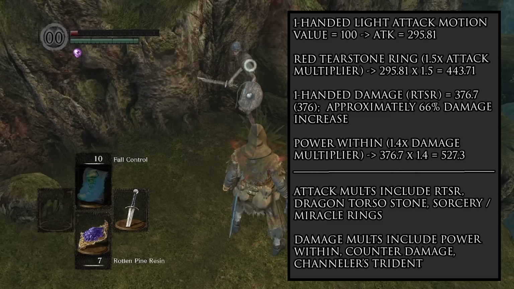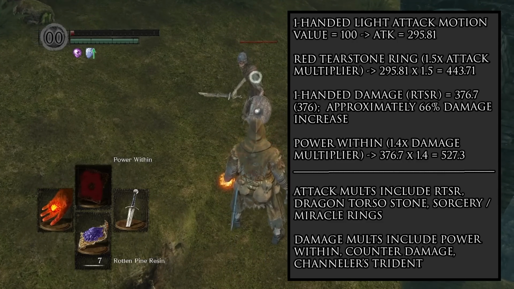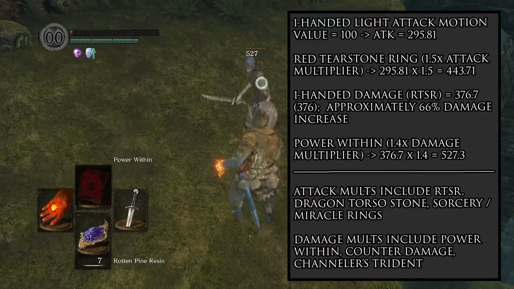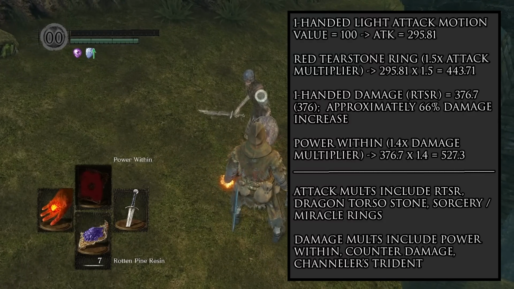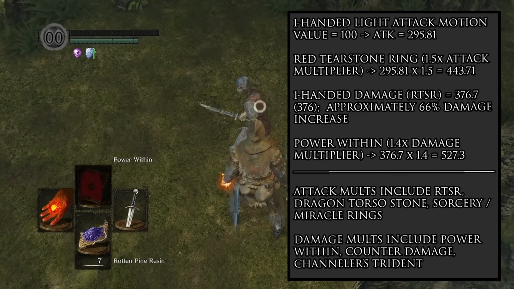Again, if we go ahead and throw Power Within on for an extra 40% damage, you'll see that our damage actually jumps up even higher to 527.3. And of course, what makes this so very, very strong in Dark Souls 1 is that these things can obviously stack. So if you compare that to the original damage, our attack is well above double damage here at this stage, which is kind of nutty,